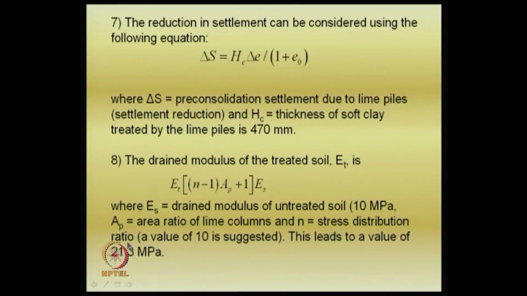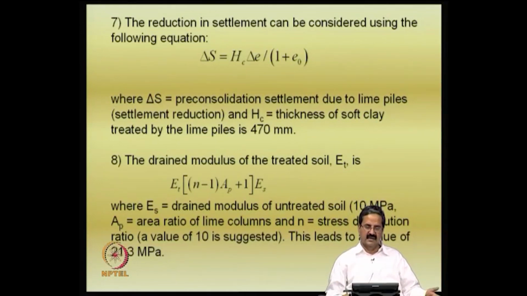N equal to stress distribution ratio, it is 10 is what some companies say, and then this leads to 21.3 MPa. 10 MPa has become 21.3 MPa. So, what you are trying to do is that there is an increase in strength, so there is an increase in stiffness. So, we have used the simple mechanics of soil mechanics and trying to use the elastic theory as I just mentioned,